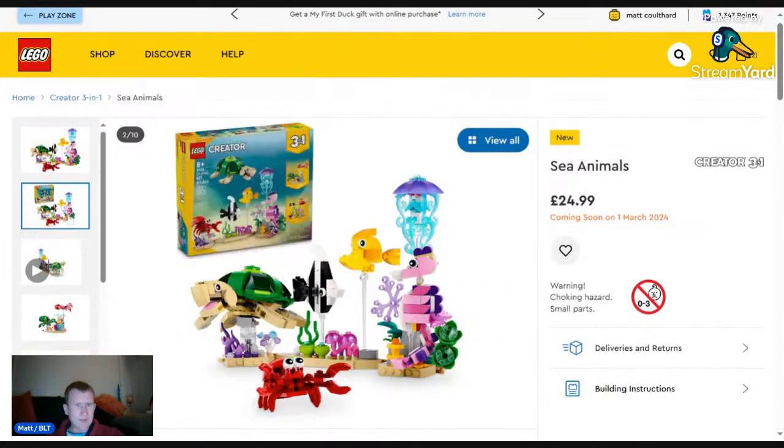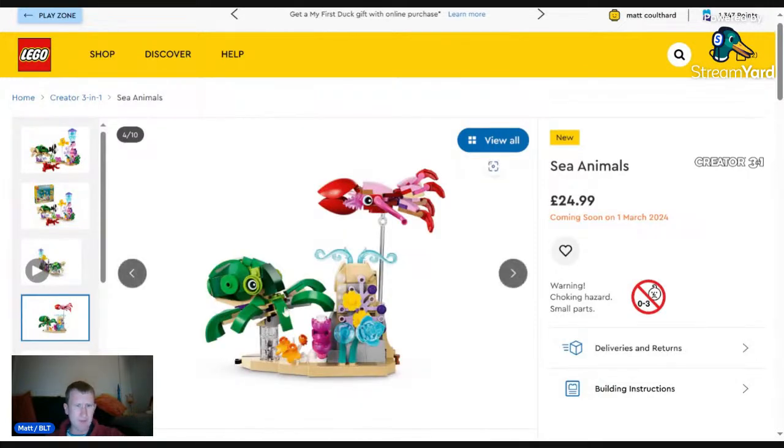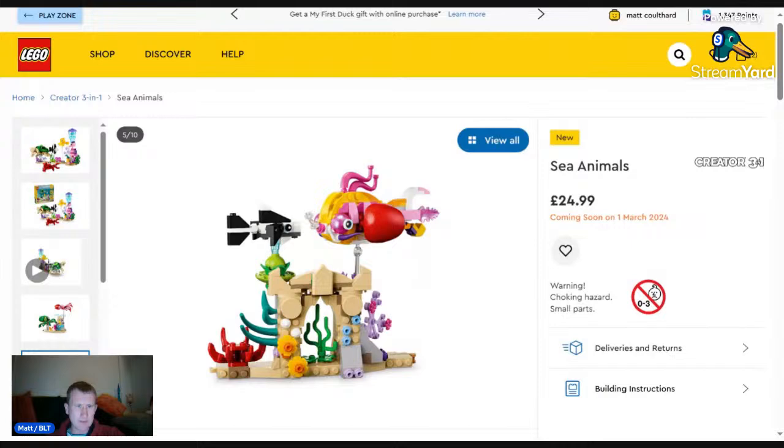And then that is the same picture with the box behind it. That's a completely different photo. You just make up completely different animals. So you've only got that little bit at the base. And then this one is also completely different. So 1,